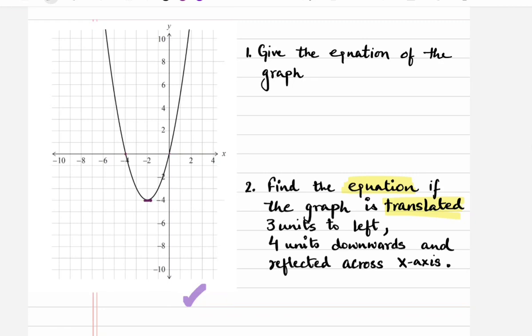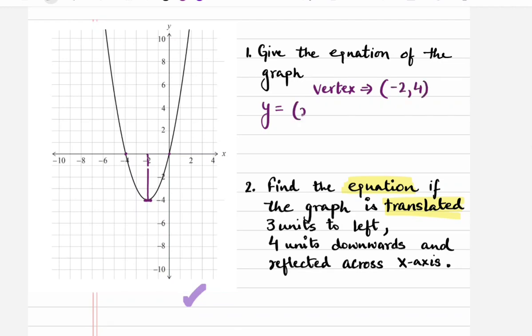So in my previous video, I have shown you different ways of finding an equation through the roots or through the vertex. I feel when you are translating a graph, it's easier if you use the vertex form. So that is going to be y is equals to, so let's write what is the vertex. So our vertex here is located at -2 and -4,